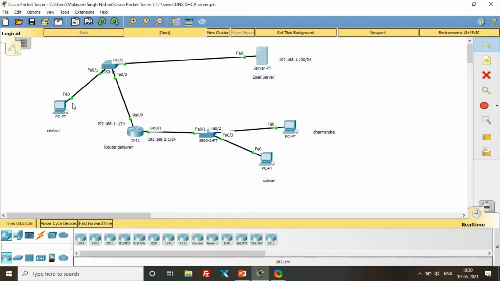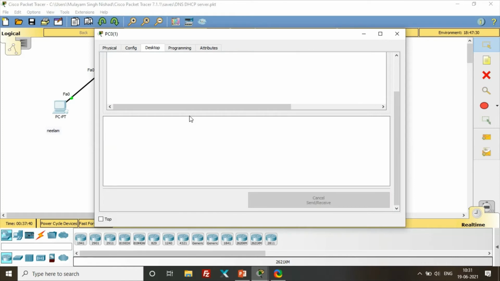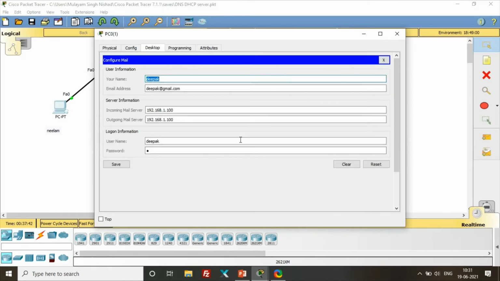Go to this PC, open email services, configure mail, clear or reset, and put your name, Neelam, and the email address for Neelam is neelam at the rate india.com.